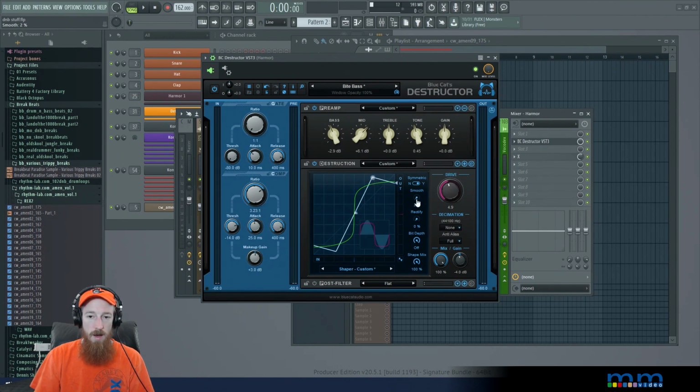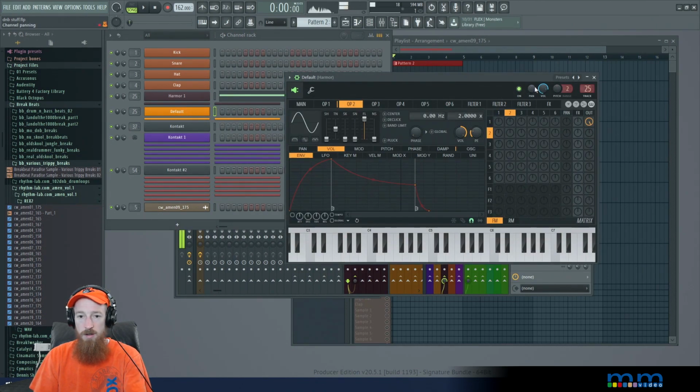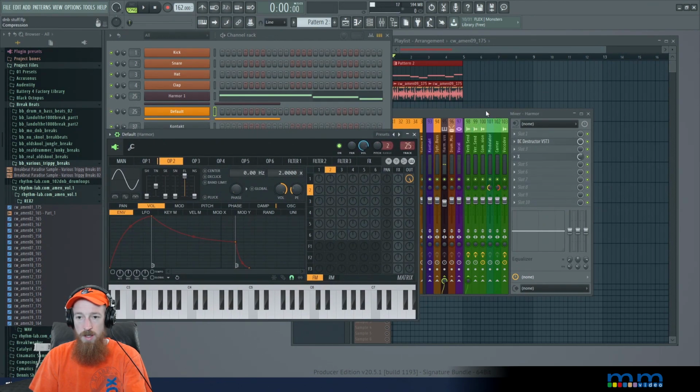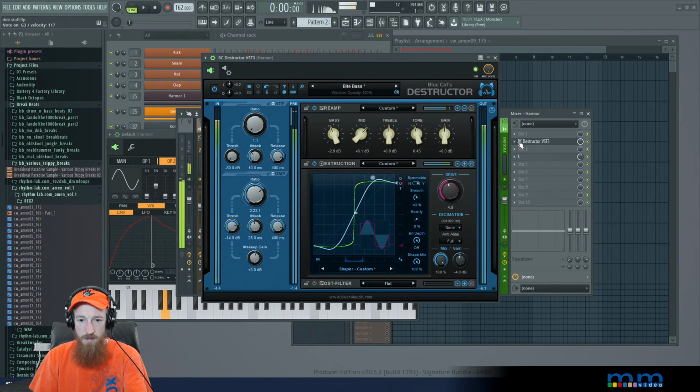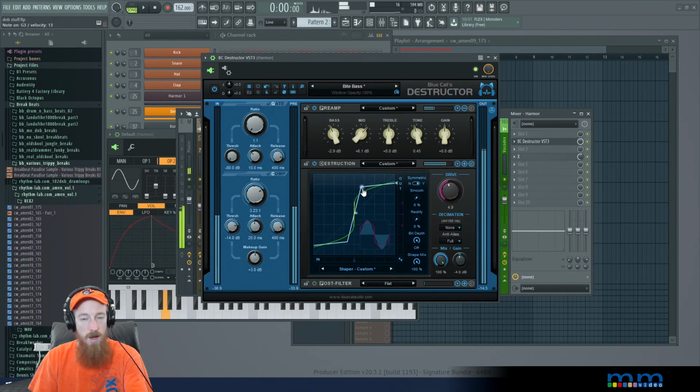In fact, let me show you. Let's just grab a sine wave, put it into 25. This is a sine wave, right? Okay, there's our sine wave, and it's going into the destructor. Let's change this to be smooth, not at all. And let's move this to be lower, something like this. So if I play soft, it's a similar kind of sound. But if I play loud,